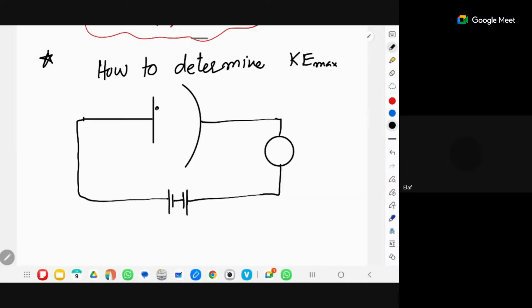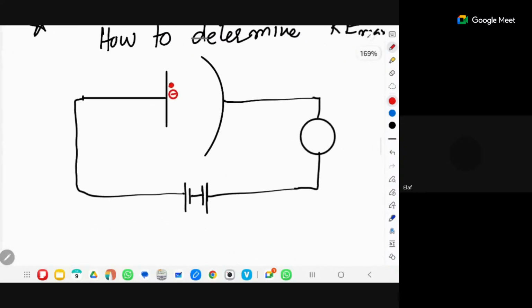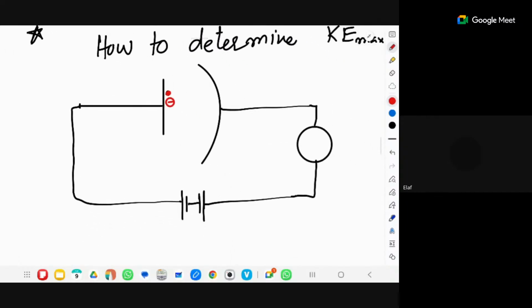Look, if a single electron is liberated from this metal, I'm just going to zoom in. This is the negative electron. Before, it was having an attraction. Sorry, I drew it incorrectly. Now it is correct, because you have applied a negative terminal on that side. So this is no more an anode, this is a cathode actually. Do you believe this or not? The cathode has a repulsion for the incoming electron.